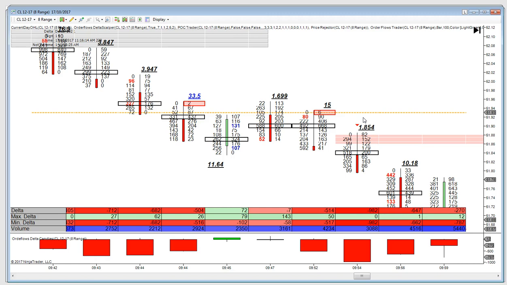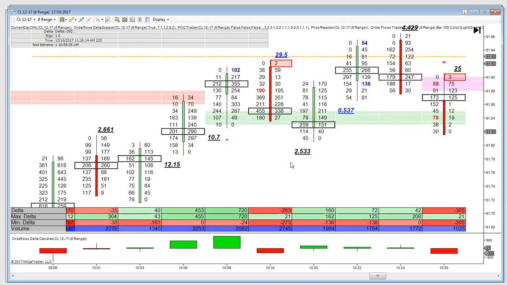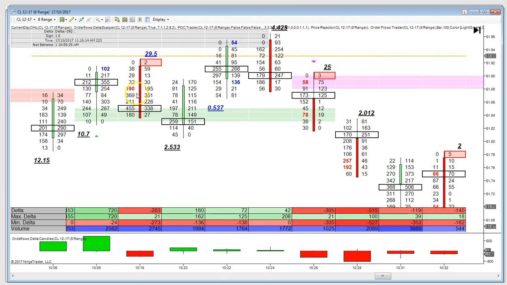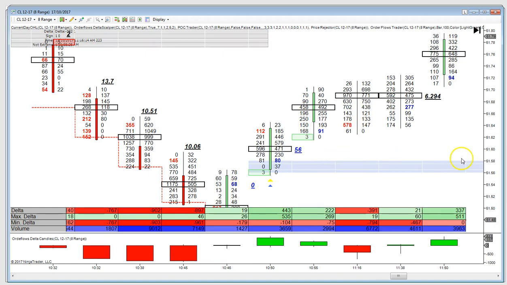What do you got? You got a lot of signals here, actually. This is the Delta Surge giving this nice little sell here. It went down about 10 cents. Delta Surge giving you a buy, not much on there. Then you got Delta Scalper giving you a sell here, down into new lows. So you're short from 80 all the way down into the 50s.